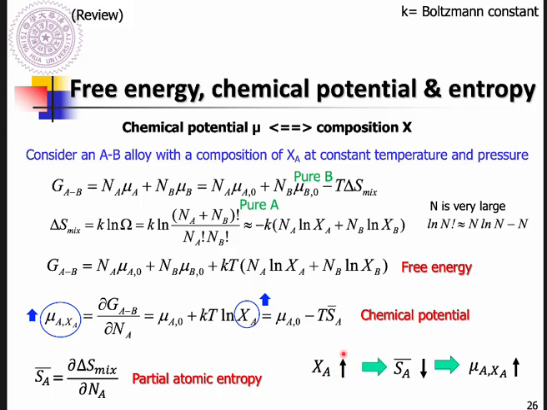So if you have a higher composition of A, that will lead to a partial atomic entropy decrease, but a chemical potential increase of A. OK, so here I want to particularly talk about how people interpret the chemical potential of A atoms. I often ask, what is mu A, the chemical potential of A atoms? By definition, it is the change in the Gibbs